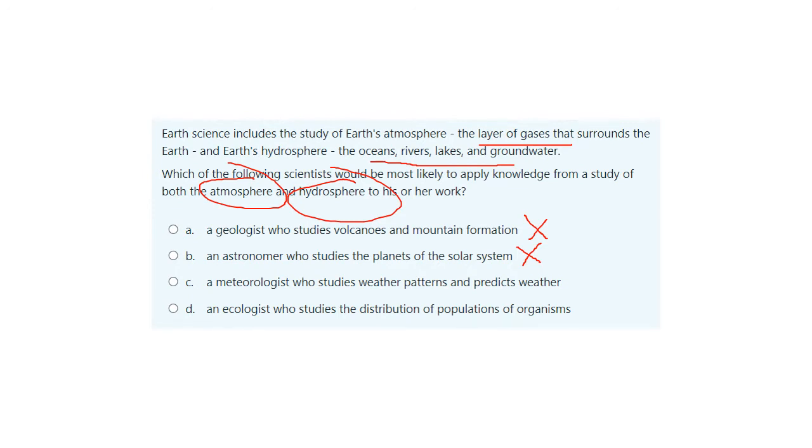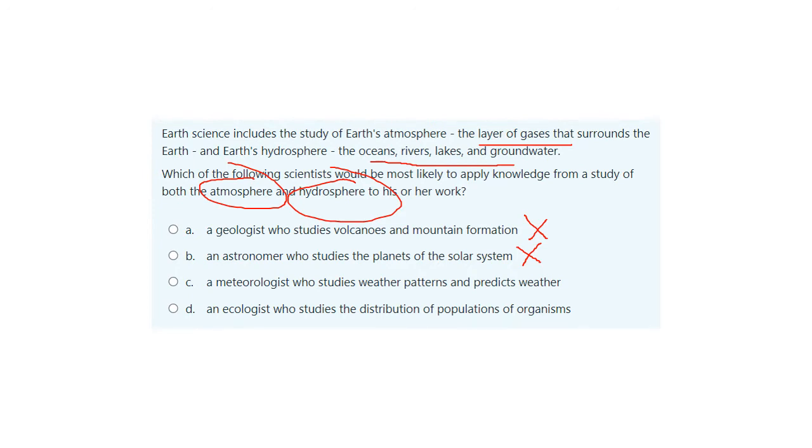Some animals live on land. Even though birds might fly in the sky, they don't live in the sky, they live on the land, they live in the trees. So actually, an ecologist would be studying the hydrosphere and the land, not looking at the atmosphere so much. But a meteorologist who looks at the weather, well, the weather is in the atmosphere, and the